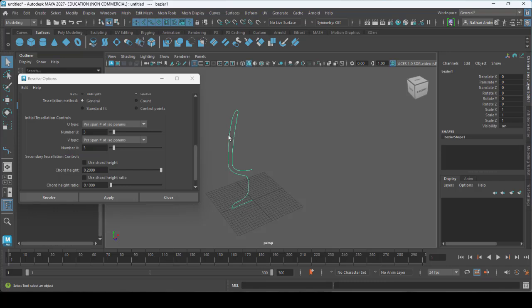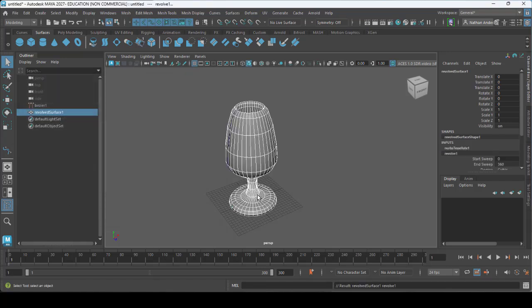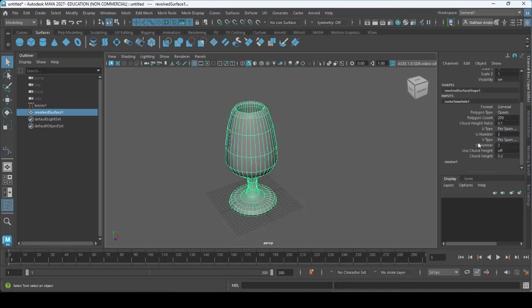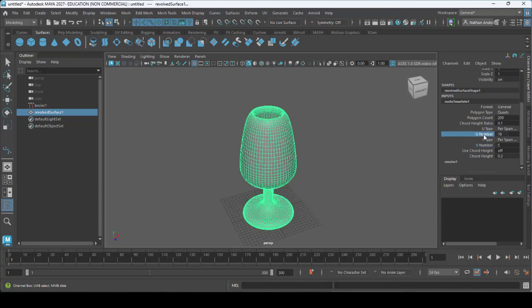So however many points you have between point A here and point B here, it'll multiply by 3. So let's see what that looks like. All right, with that done, we can go to the V number and we can increase it to smooth that shape out. So that gets you a much more personalized smoothness.